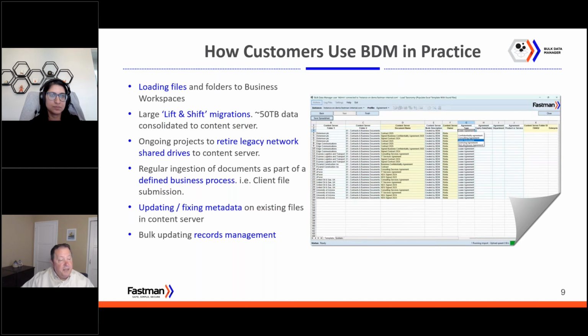Okay, almost done. So how do people use BDM specifically? There are a variety of ways to use and benefit from the Bulk Data Manager tool. And whether you're running OpenText content management in the cloud or off cloud, you can configure it to achieve these outcomes. Maybe you need to load files and folders into business workspaces as part of your Extended ECM integration deployment, right? So you maybe have to load them directly into the workspaces that were created by the lead application,